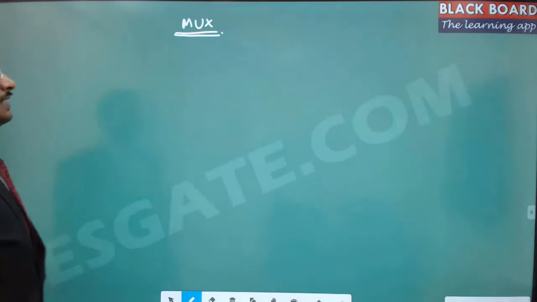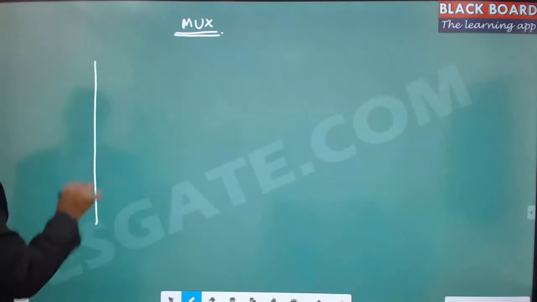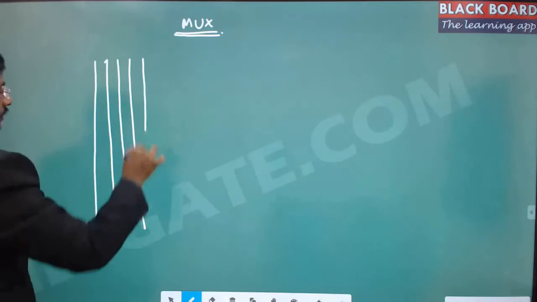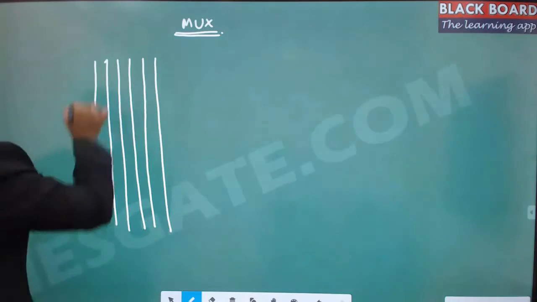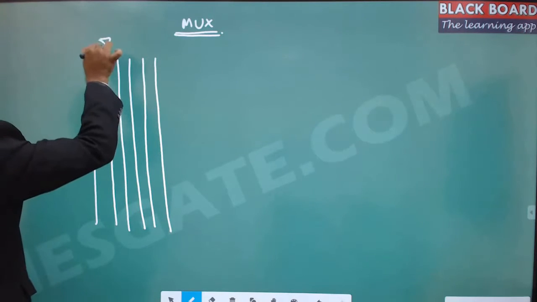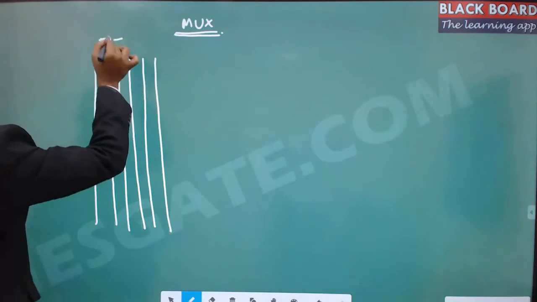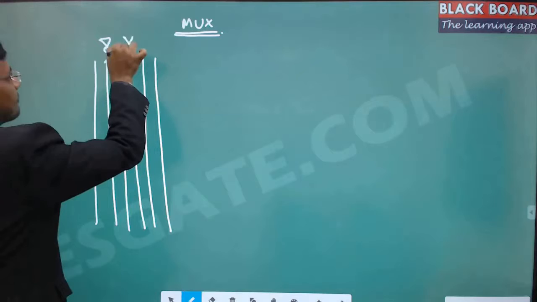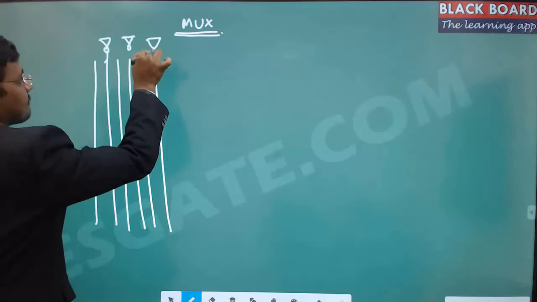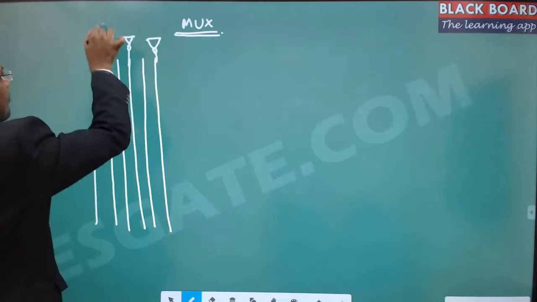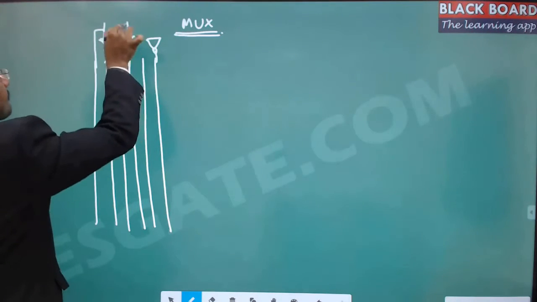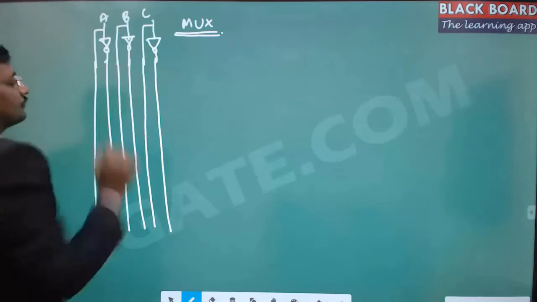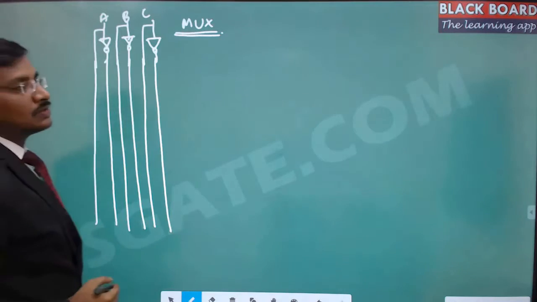So for the simple MUX, let us take three different inputs. So this is A, B, C, and these A, B, C are the control signals.